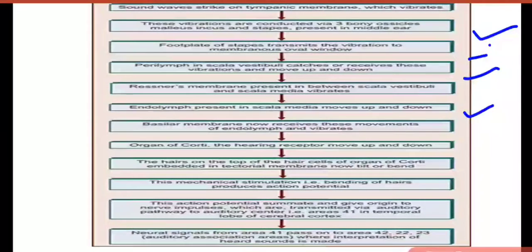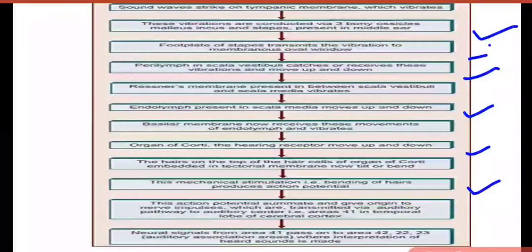The organ of Corti, where the hearing receptors are present, also starts moving up and down. The hairs on the top of the hair cells of the organ of Corti, embedded in the tectorial membrane, also start tilting or bending, due to which the tectorial membrane will rise and fall again. This rise and fall in the tectorial membrane, and this mechanical stimulation or bending of the hairs,